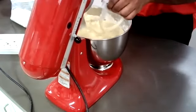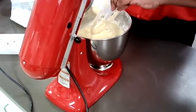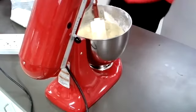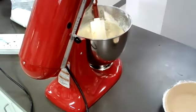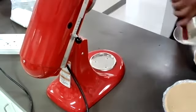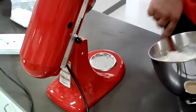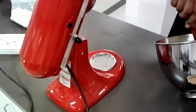Don't want to overmix the batter. We don't want it to break apart either. But I think we're okay. I'm just scraping down the sides of the bowl, making sure everything is nice and mixed in. It is going to bake at